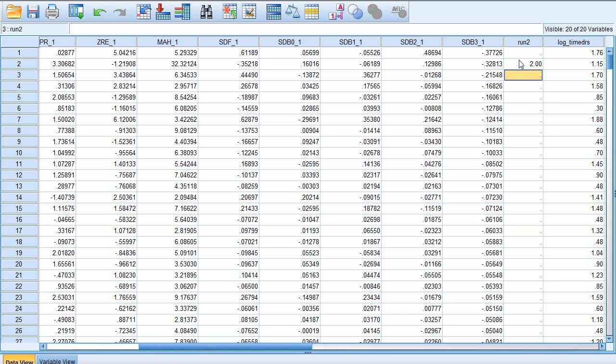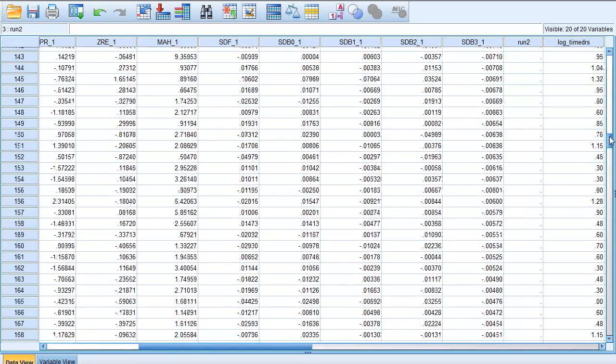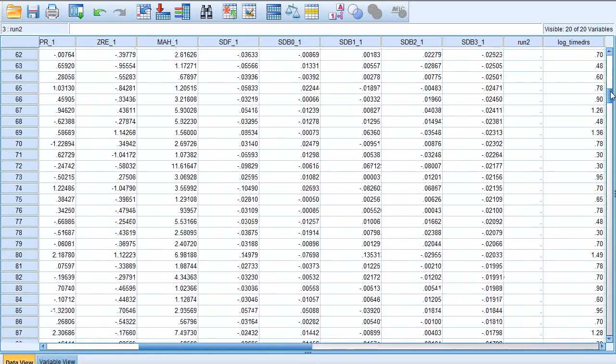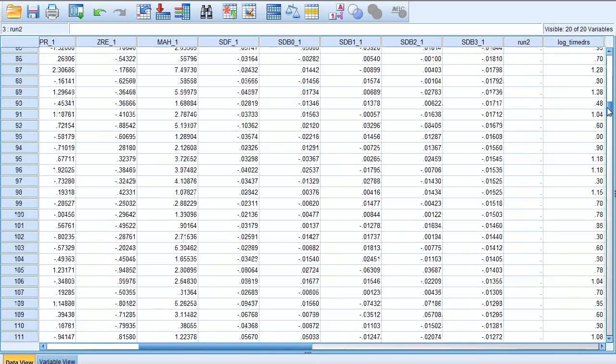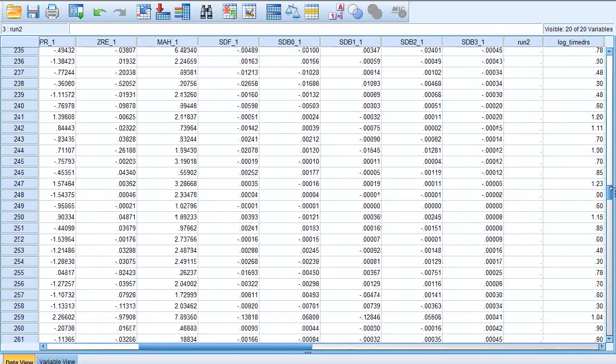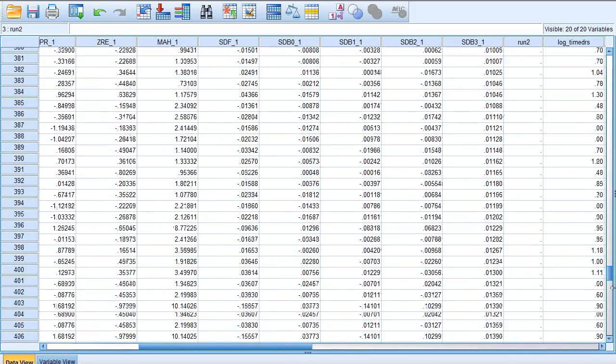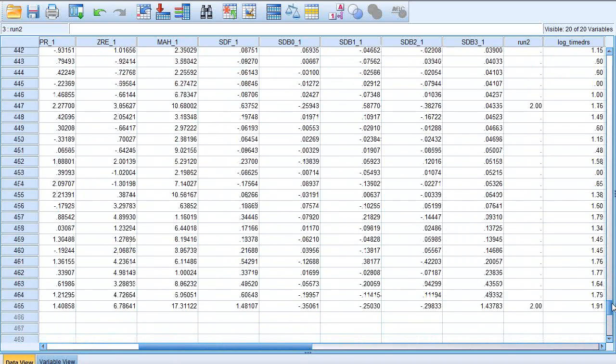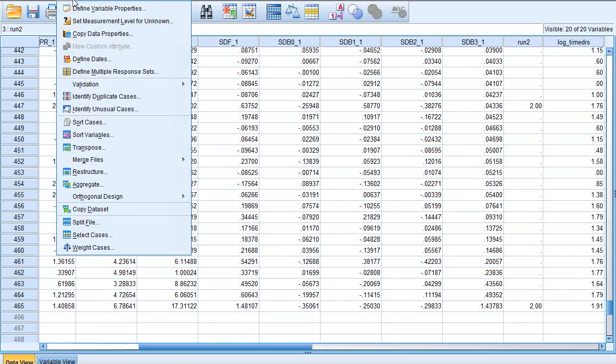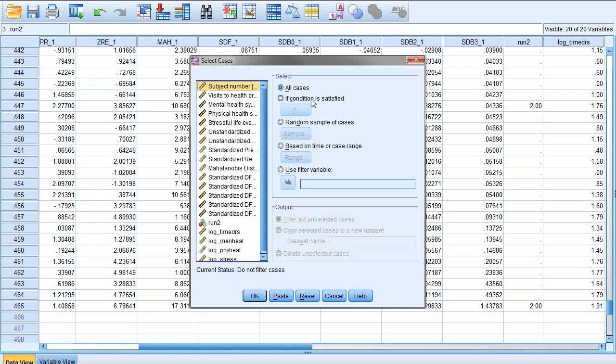And now what we can do is we have a few of these cases that we've coded as a 1 or a 2, what have you. So we can exclude these, we can filter these out wherever they are. There they are, right? And just analyze the data without them. So the way that you would do that is you go to Data and select Cases. Now down here, you have a bunch of different options. So basically, you can say if condition is satisfied,